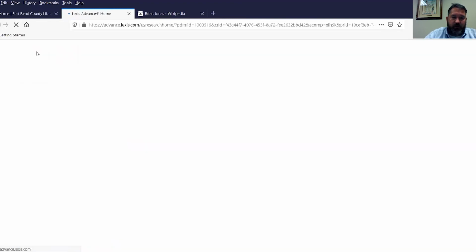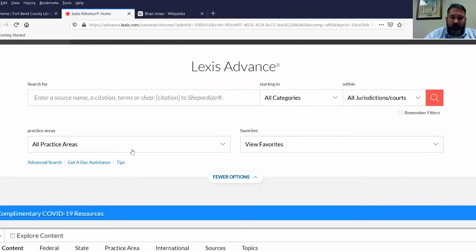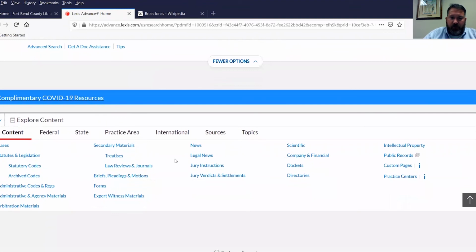Let's go back to the main menu. We've just got a few minutes left. There's other stuff in here. I tried to hit what I regard as the primary, most useful things, but there are obviously some other things as well. There's a separate forms category. I usually go at